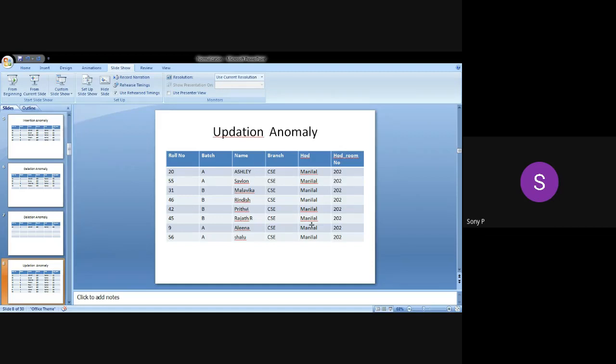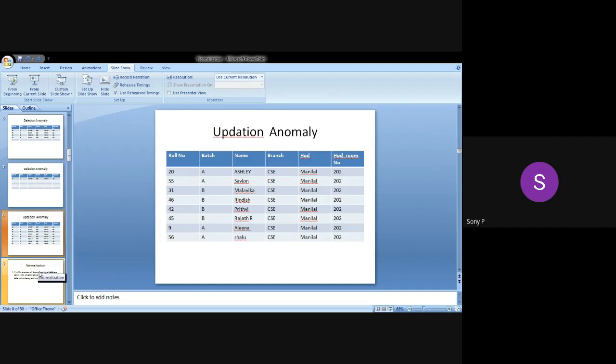We need to modify all the 8 entries with the new name, right? If the table has 100 students, we need to modify all the 100 entries. This is what updation anomaly is.